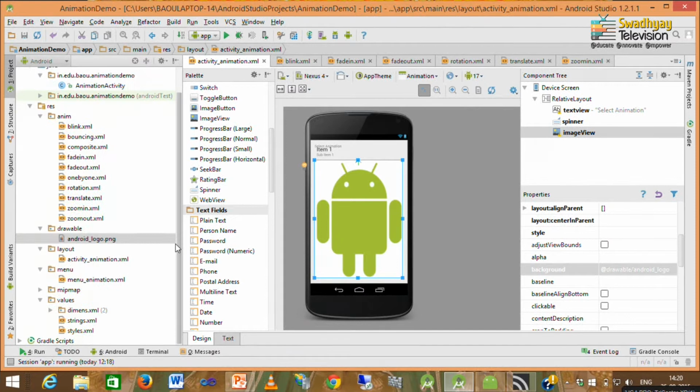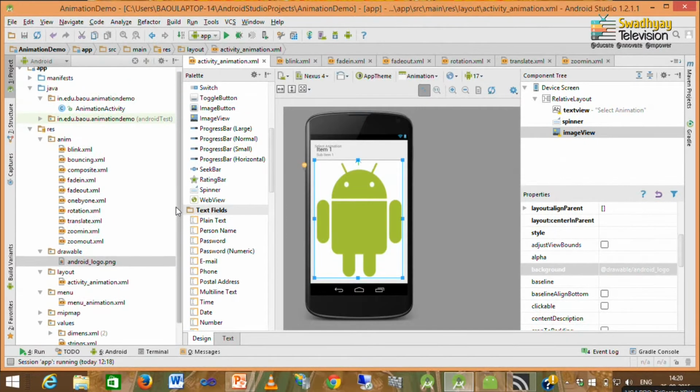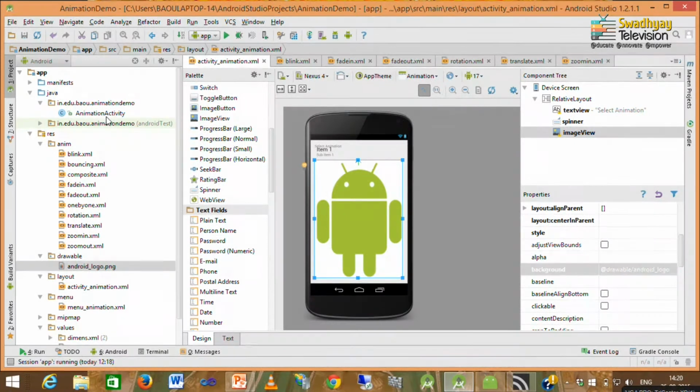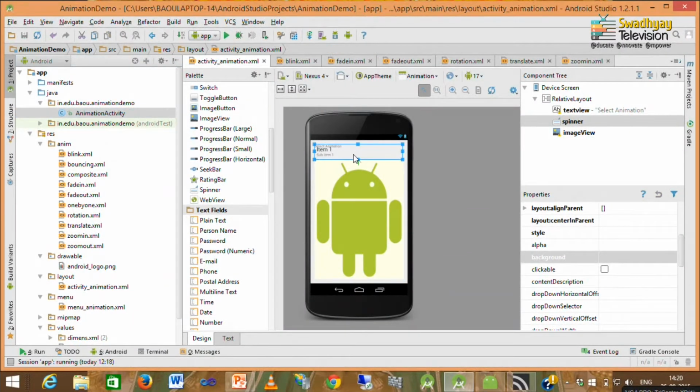So, the image is set at design time only. Next is our Java file. Our activity name is AnimationActivity, and inside it we load a particular animation in this image view when a particular name from the spinner is selected.